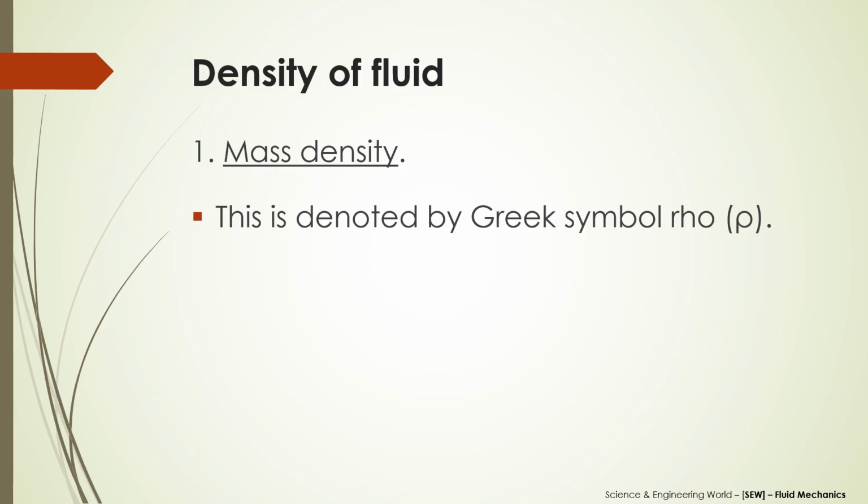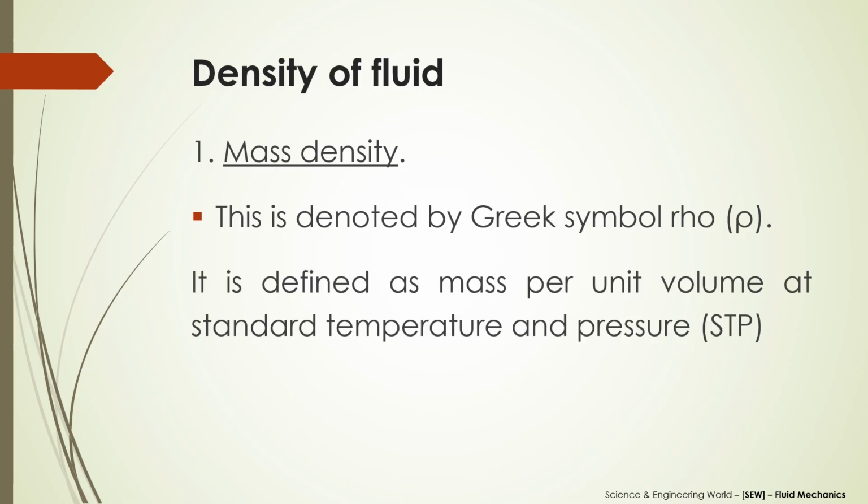Density is defined as the mass of the substance per unit volume at standard temperature and pressure. Mass per unit volume. That is, if you take 1 meter cube of a container and you fill it with the matter of the substance and you weigh that, whatever we get divided by the volume will give us the density. And this standard temperature and pressure is